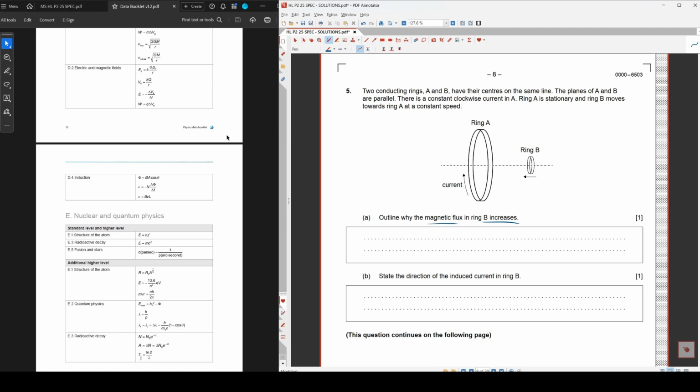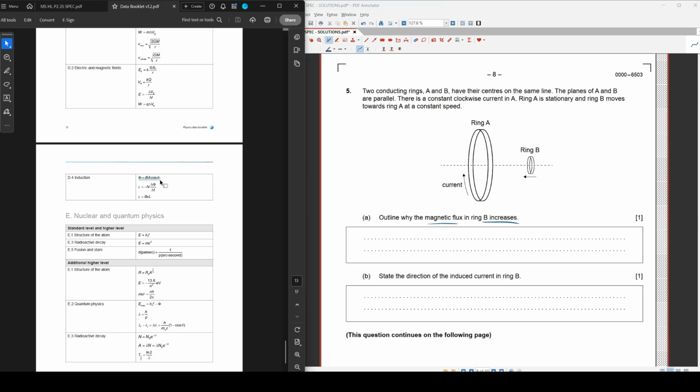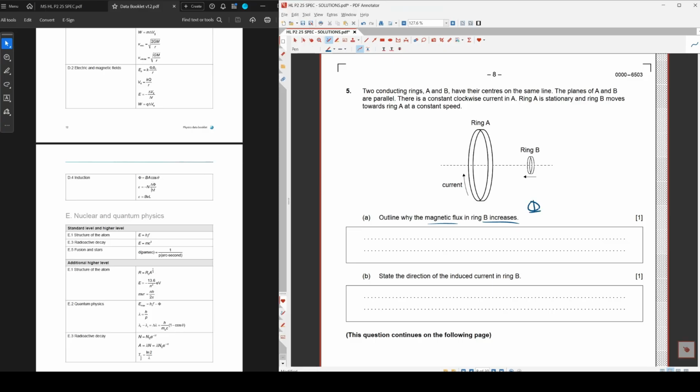This comes down to the equation, I've got it right here, about what flux is, BA cosine theta. There are 3 ways flux can change, is what this equation tells me. You can change B, the strength of the field. You can change A, the physical area of the ring itself. Or you could change theta, the angle between the field and the loop. Well, which one is changing in this case? It's B. The field strength is changing because B is getting closer to A,